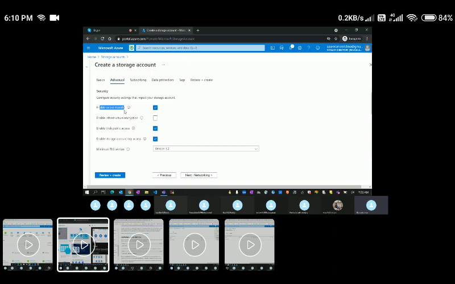In addition to that, if you wanted to have an additional layer for the security, for encryption, we can enable this one. So this option cannot be changed after the storage account is created. It is just a warning, we cannot change it after creating it. So for now I'm going with the defaults, and enable blob public access. So here what we can do is we can control, or we can restrict the